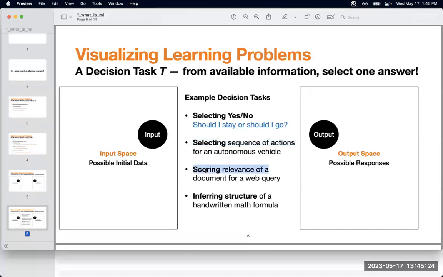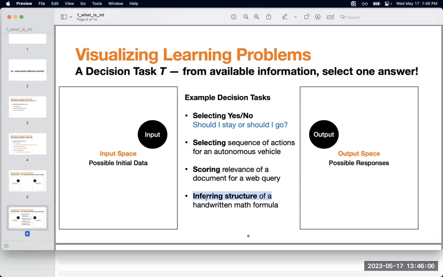Another example that we have would be scoring the relevance of documents. For instance, when you do a web query, the most popular example is when you are using some sort of search engine like Google. You would be using some sort of input, and then you would want as a response the related documents or websites that would be most relevant to the keywords that you have used, right? So that would be some form of score that could be used to essentially rank how relevant a given document or a given web page would be.